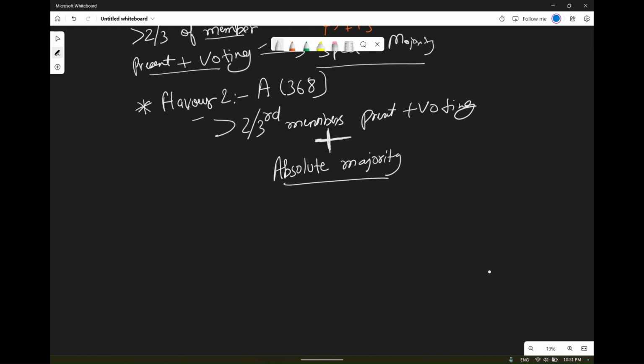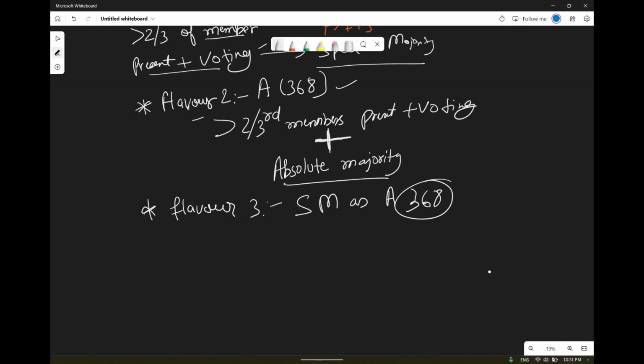Now we'll see flavor 3. Flavor 3 is also a special majority as per Article 368. Whatever we have seen here is through Article 368, so all those things will be applied here. On top of it,